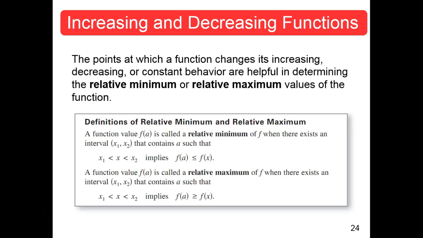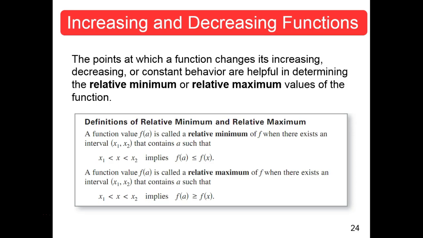Here's the definition. A function value f of a. That means pick an a somewhere on the x-axis, then f of a is the y value for that, right? That f of a is a relative minimum. So you notice that the y value is called the relative minimum of f when there exists on some interval